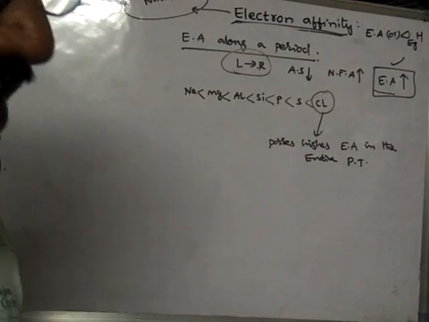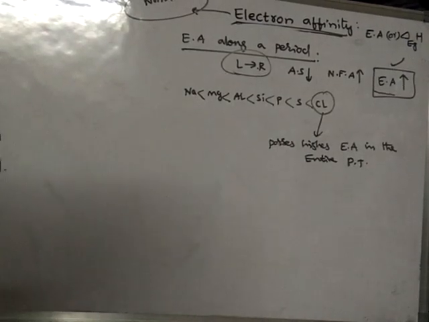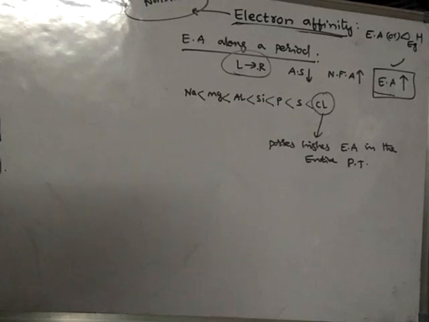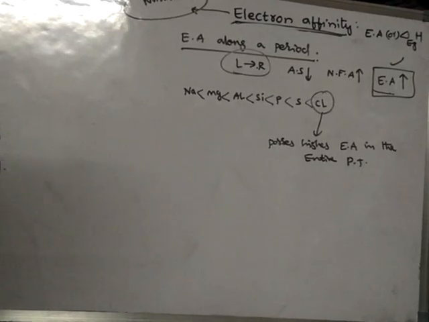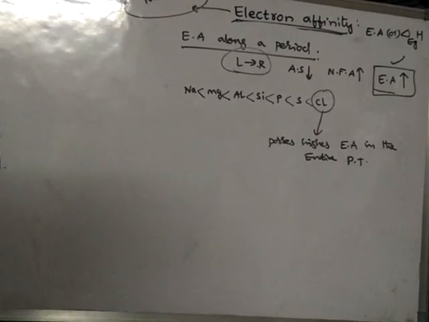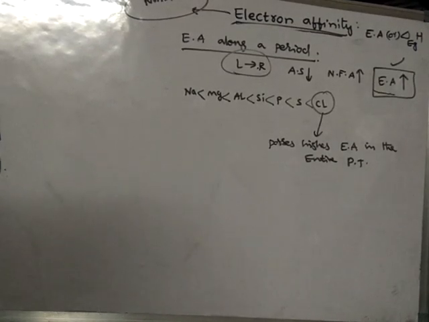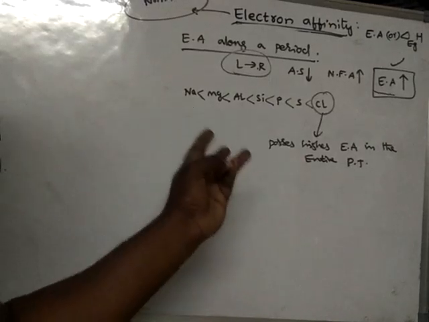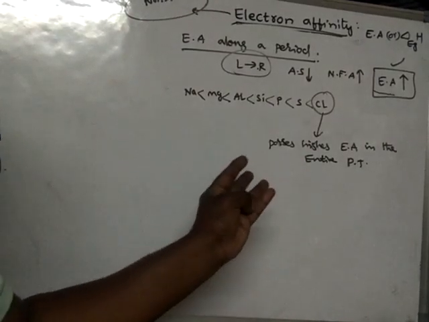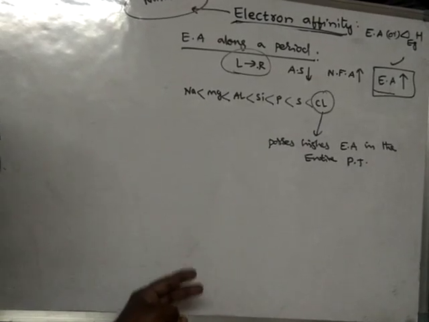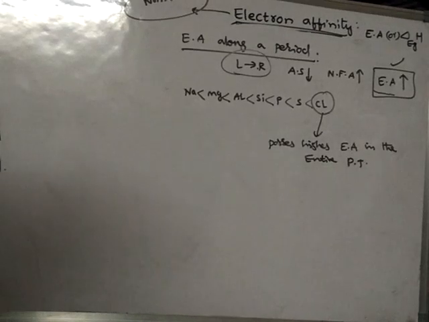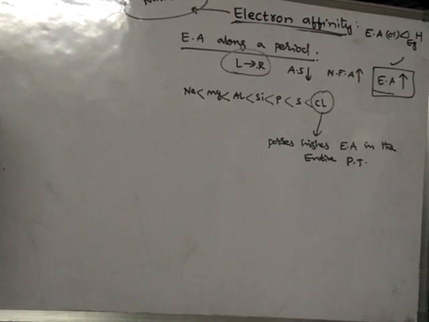We already learnt that the electron affinity of all other elements will be negative. Negative means loss of energy; negative electron affinity means a loss of energy. We have already learned that nitrogen, phosphorus, beryllium and magnesium possess positive electron affinity values, and all inert gases possess 0 electron affinity values. And one more thing.